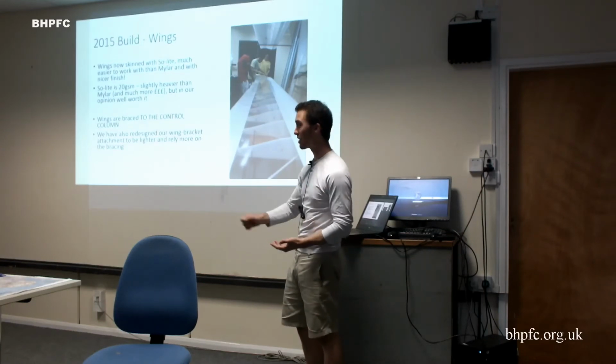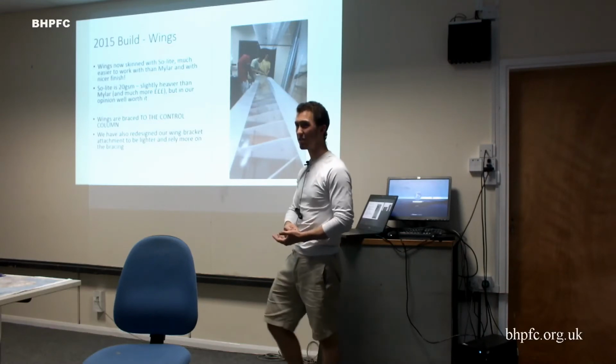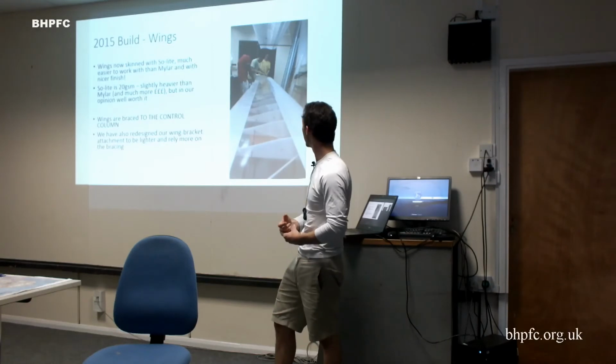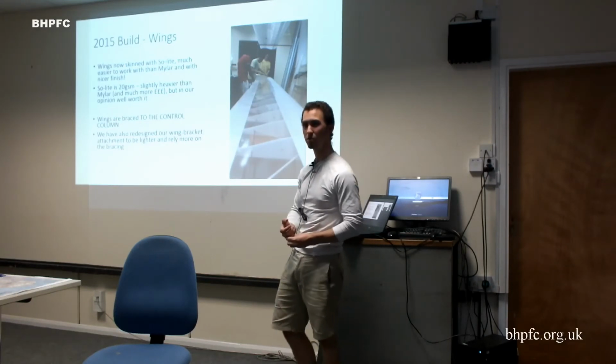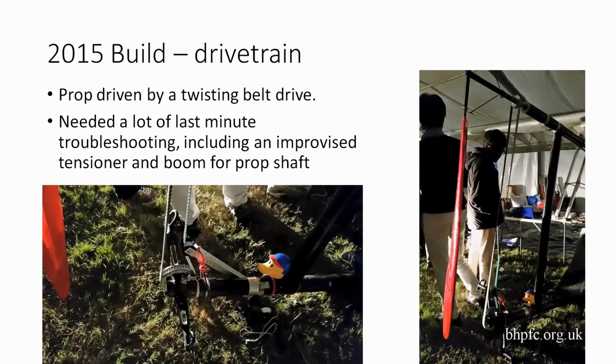It shrinks really well with an iron. Sorry, it's slightly heavier than mylar, and it's a lot more expensive. But we thought it was worth it for the finish it gives us. And then the drivetrain